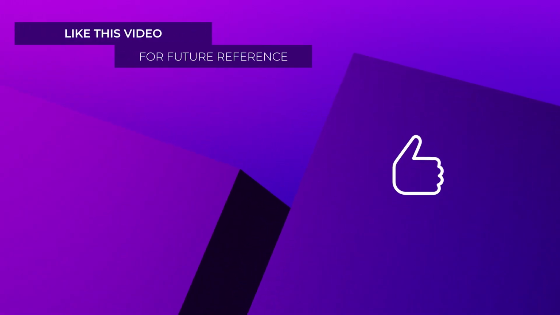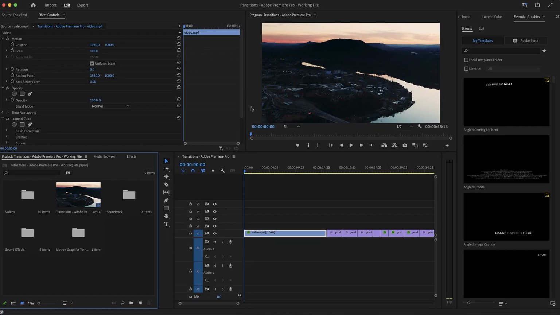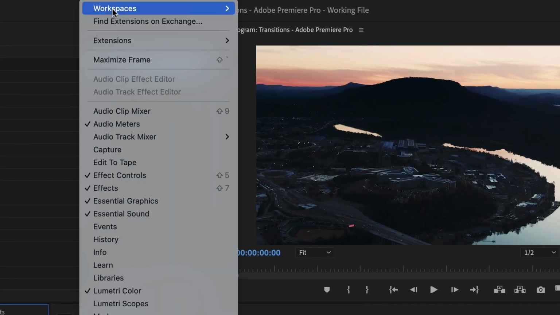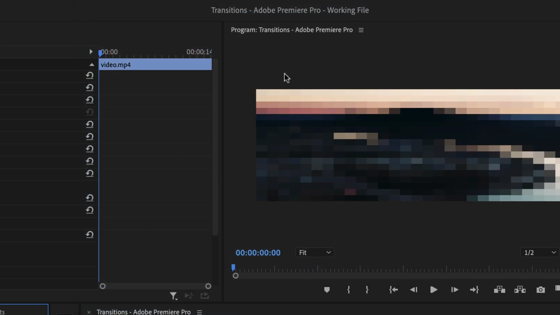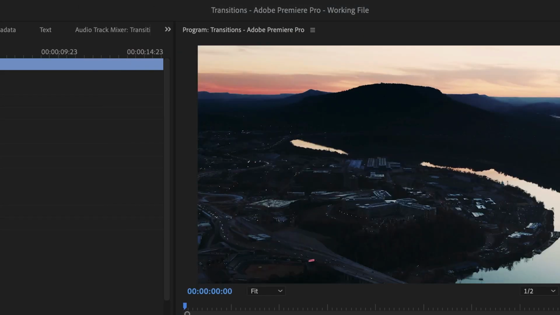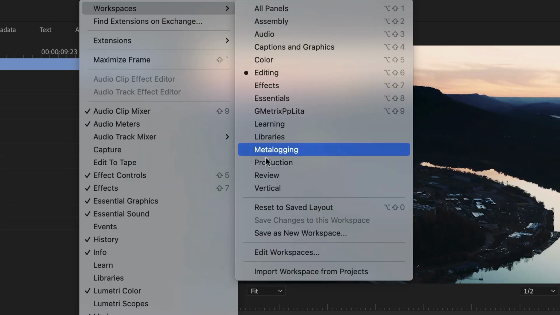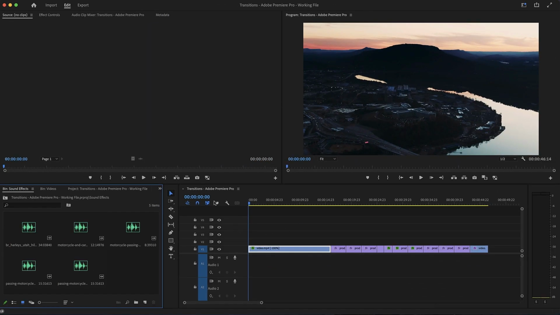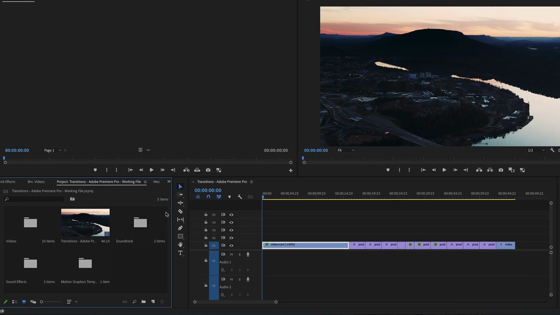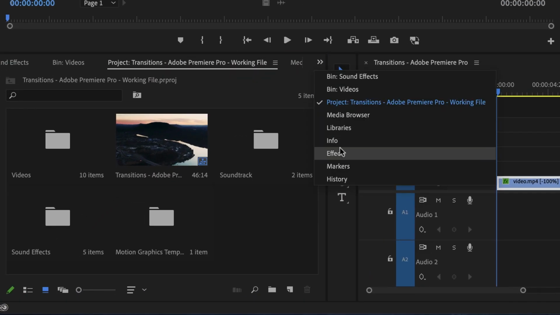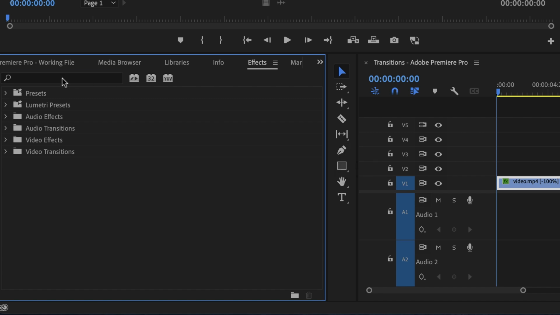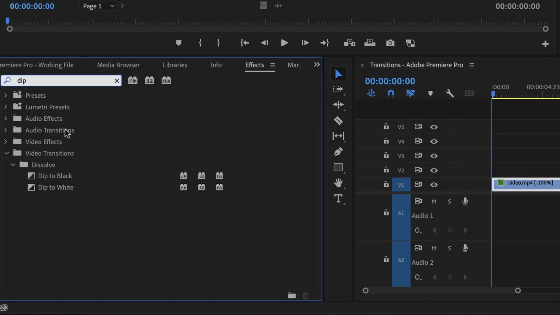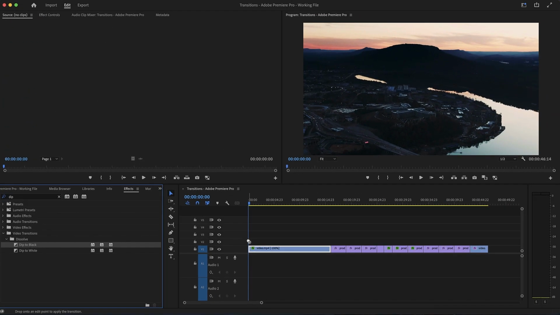Let's get started. Transition 1, dip to black. Okay, so first of all, let's make sure we all have the same layout. So we'll go to Window, Workspaces, Editing, and Window, Workspaces, Reset to Saved Layout. Now that we all have the same layout, let's go over to the Project panel and scroll down to Effects and type in Dip. And you can see here we have the Dip to Black option, and we'll drag and